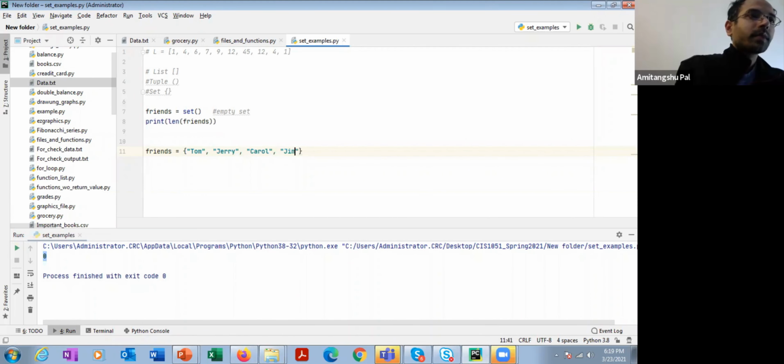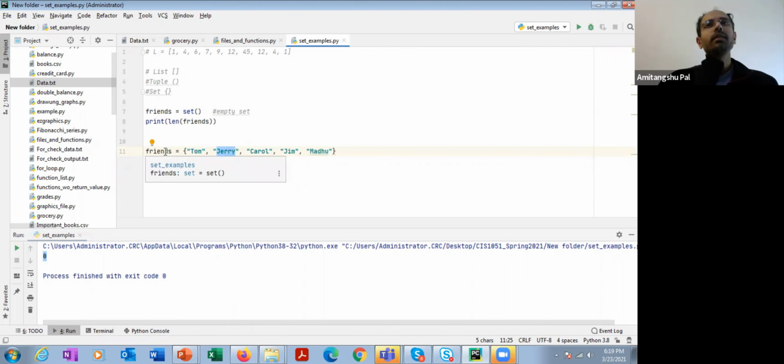These are the set members, the members of this friend set. This is the name of the set, and these are the members or elements of this set. So Tom is an element or member of the friend set. Jerry is an element or member of the friend set.